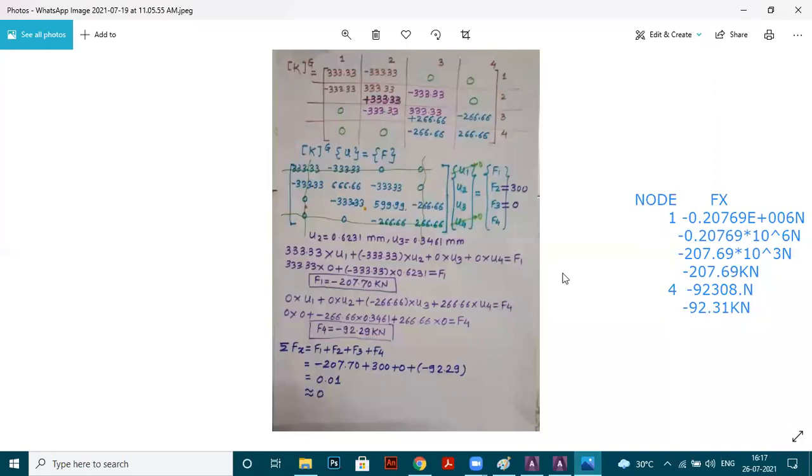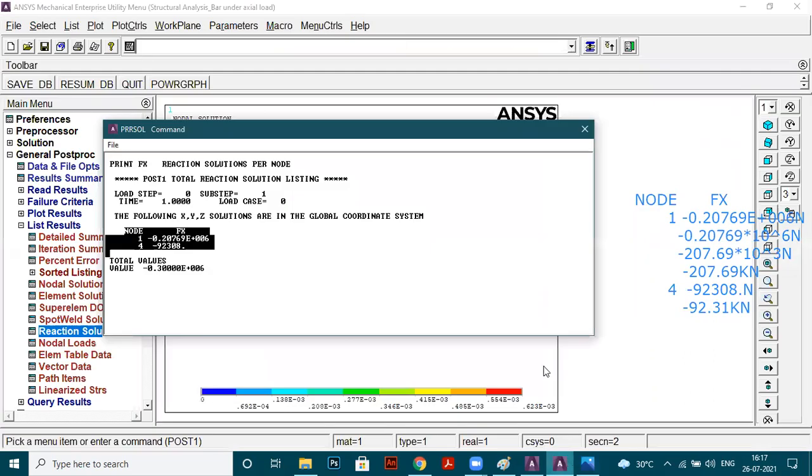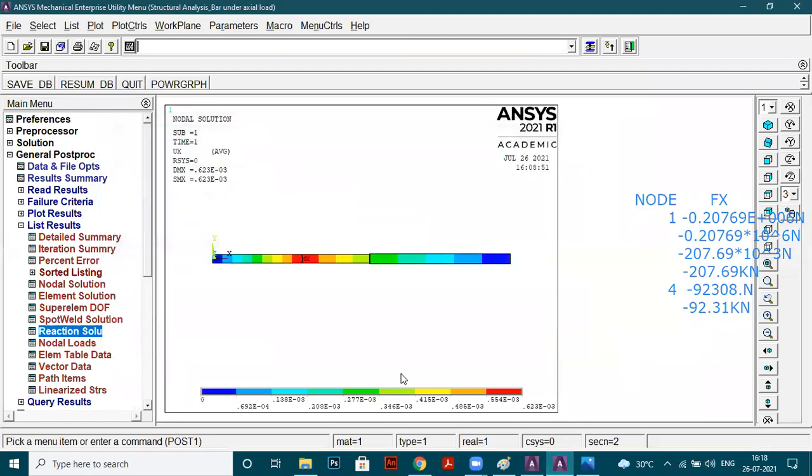Minus 92.31. So we have the same values which you got. Is that okay? All of you, is that okay?